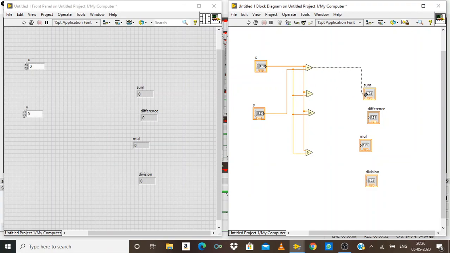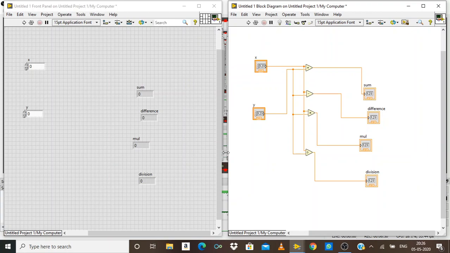The sum has to be connected to the output of the adder, the difference to the output of the subtractor, and the product and the division likewise.